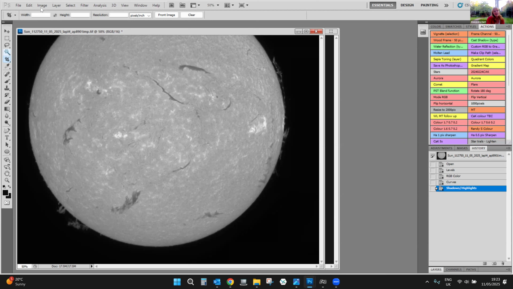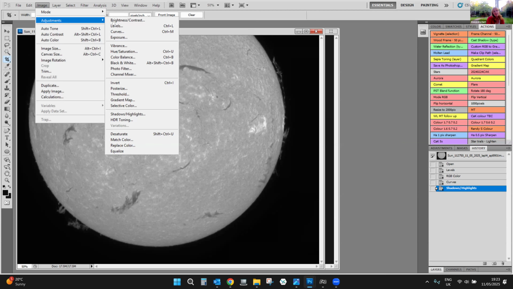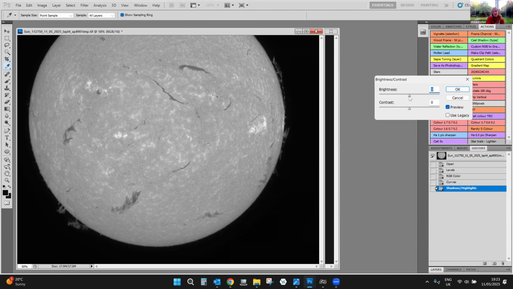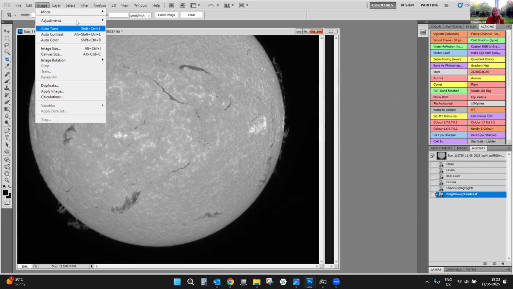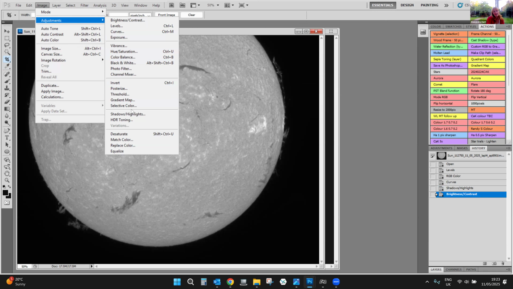I think that if you go into brightness and contrast, you can, but then you start to blow out the plage, which I don't like. If you bring out the contrast a little bit, you start to lose the proms again. I have tried doing a second pass of shadows and highlights,